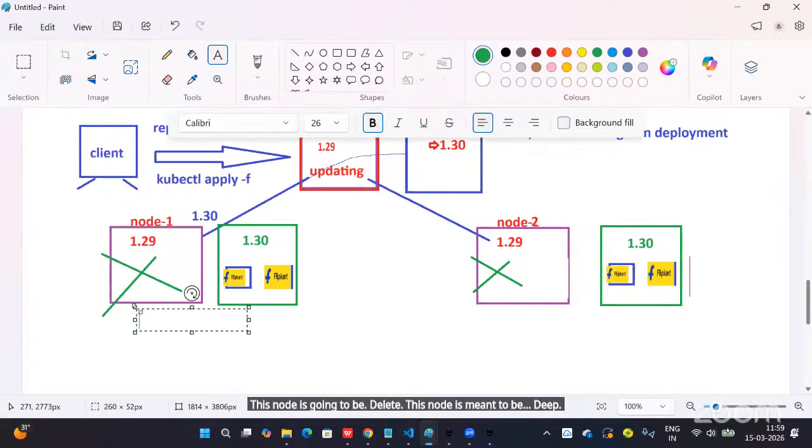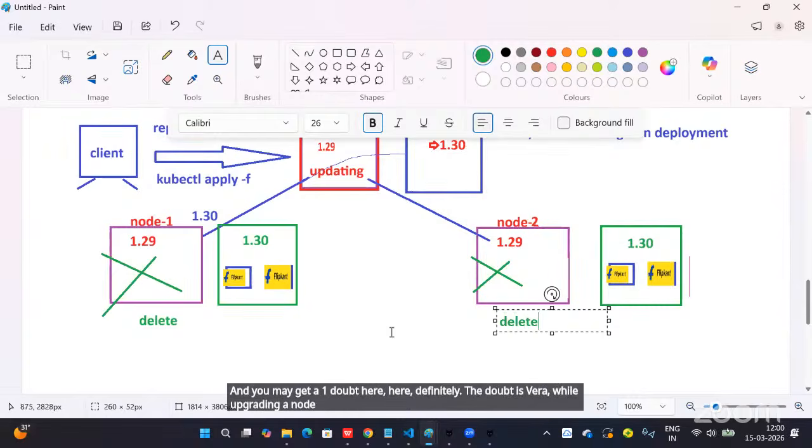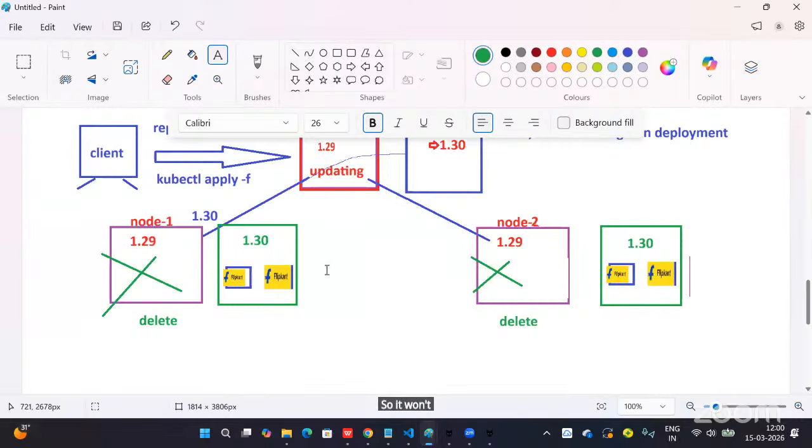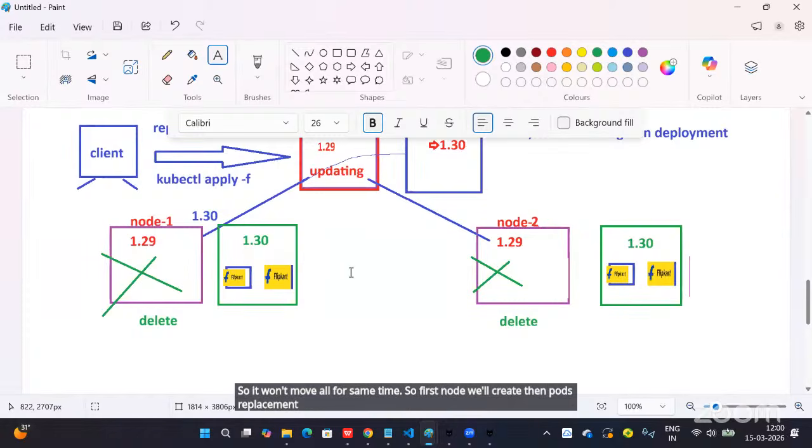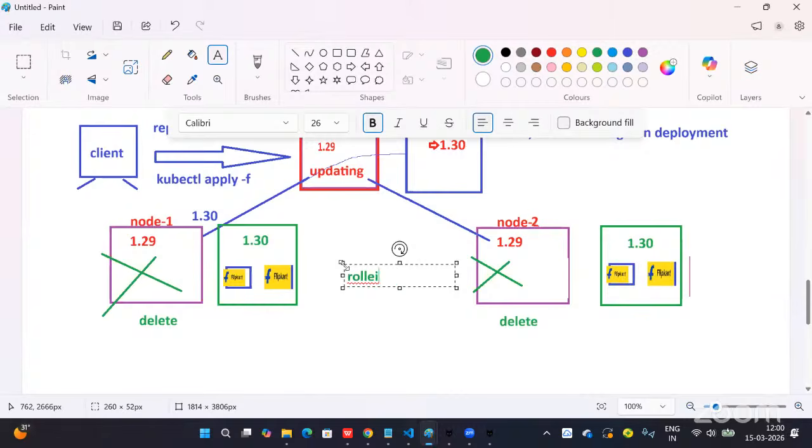You may have a doubt here: while upgrading a node, if all pods move at a time, the application will go down, right? It won't move all pods at the same time. First the new node is created, then the pods are replaced one by one. That's the rolling strategy. Rolling update happens automatically by default.